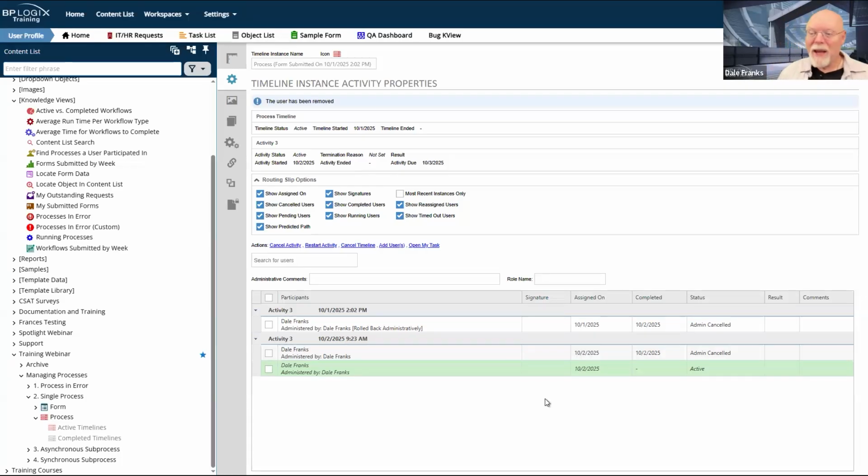Removing that user is one of those rare instances, very rare instances in fact, when you're telling Process Director, let's pretend this never happened. Whatever that user did, and by the way, this works for completed activities as well as for currently running activities, if you hit remove user, what you are saying is, I don't want that user appearing at all. Any results they had, I want erased. Whatever actions they did, however long they took to do things, I want it all gone.